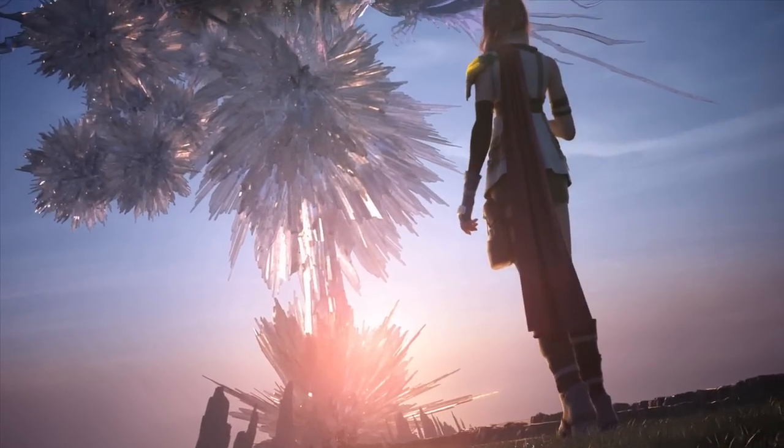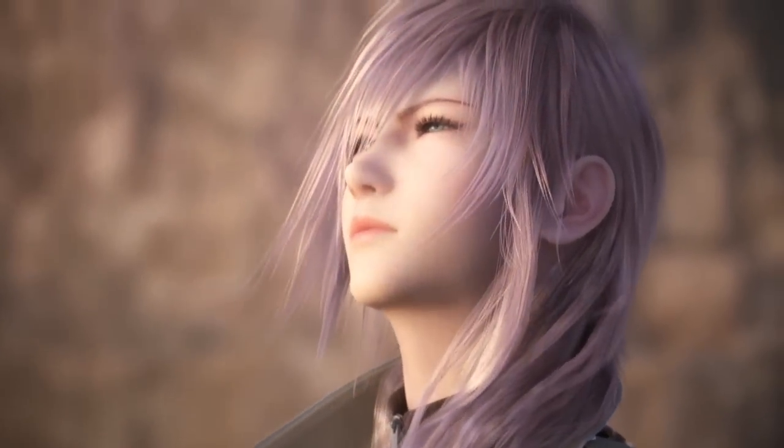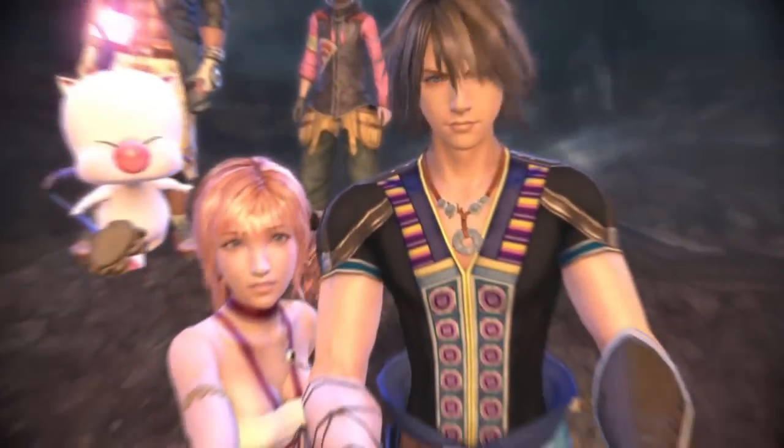XIII-2 introduces the player to a setting 3 years after the events of 13. Lightning, the strong-willed protagonist of 13, has disappeared. Now, players take the role of her younger sister, Serah, and her new mysterious companion, Noel, in their search for